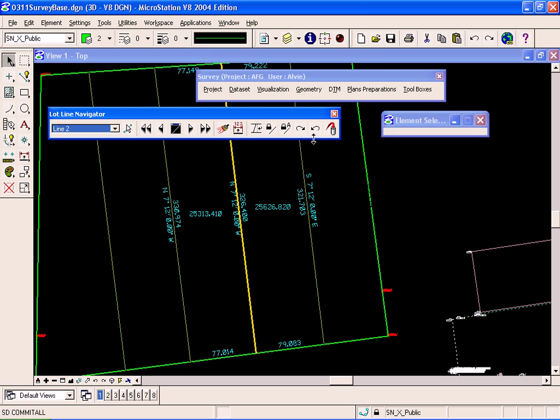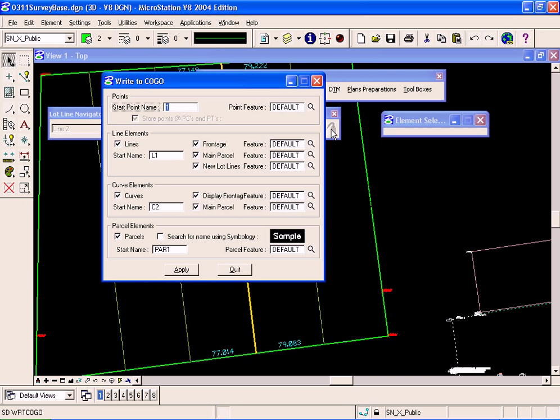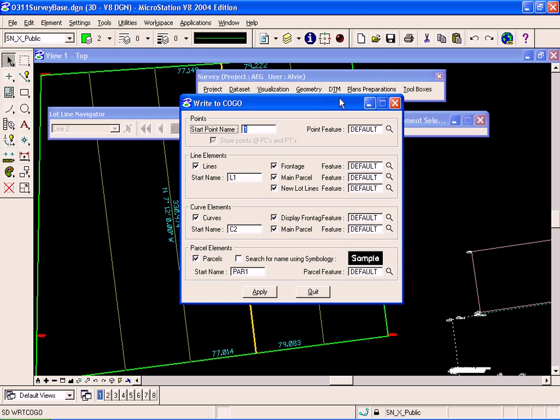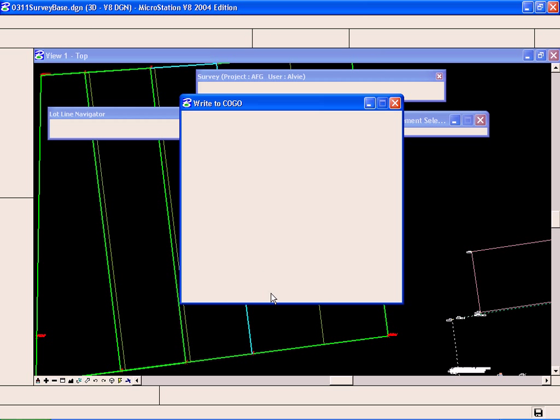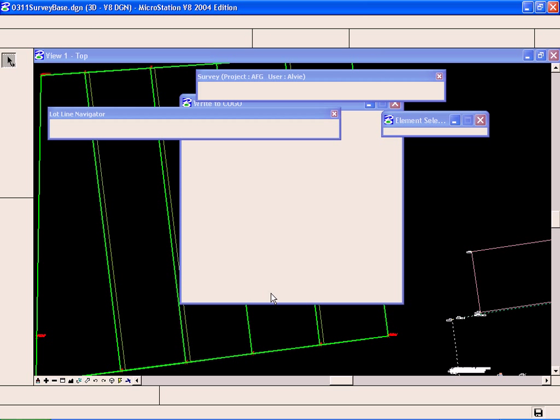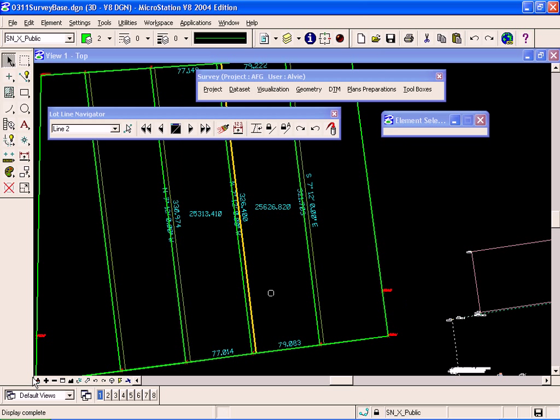Once that is complete, we'll see the write to COGO command become available, and that will allow me to specify my starting point number or name, point features for this, line elements, curves, parcels, symbology for the parcels, as well as features for any of these items if I desire. Once I click apply, Geopack will begin writing all that information to my COGO window and then draw in the parcel and the lot lines for me. I will click update view